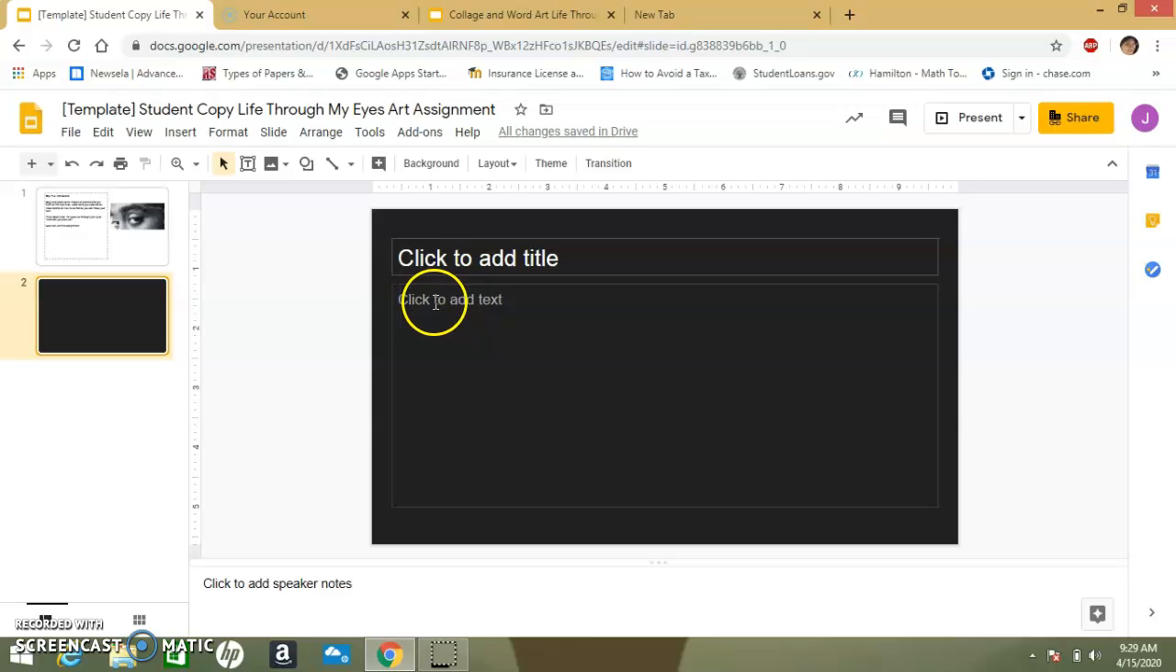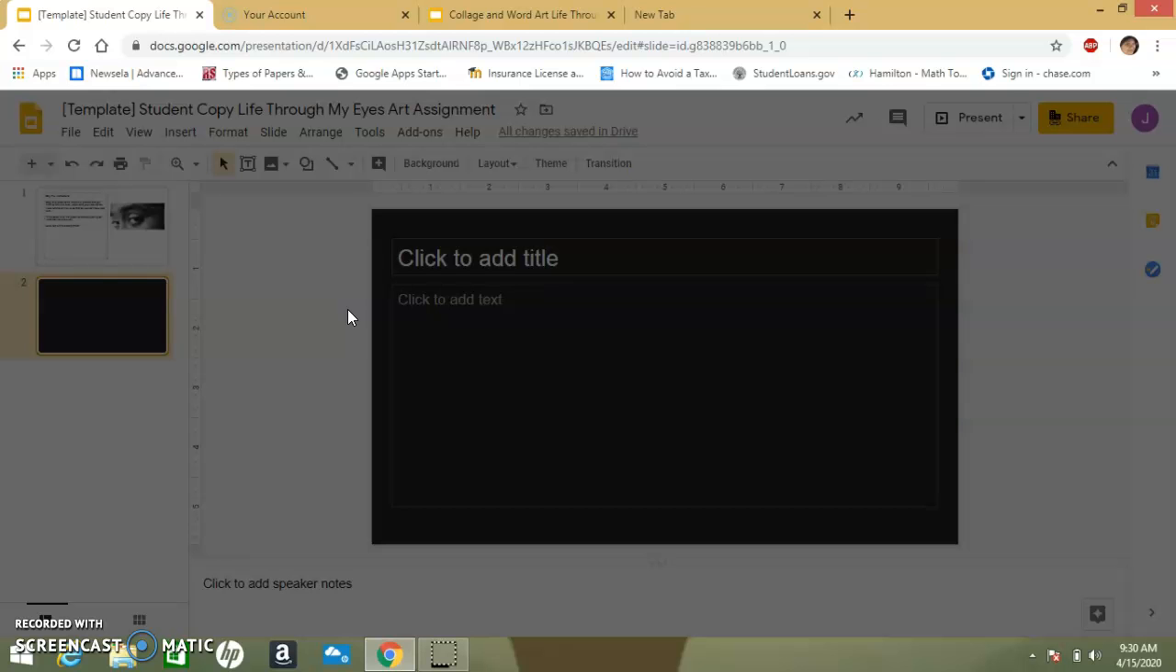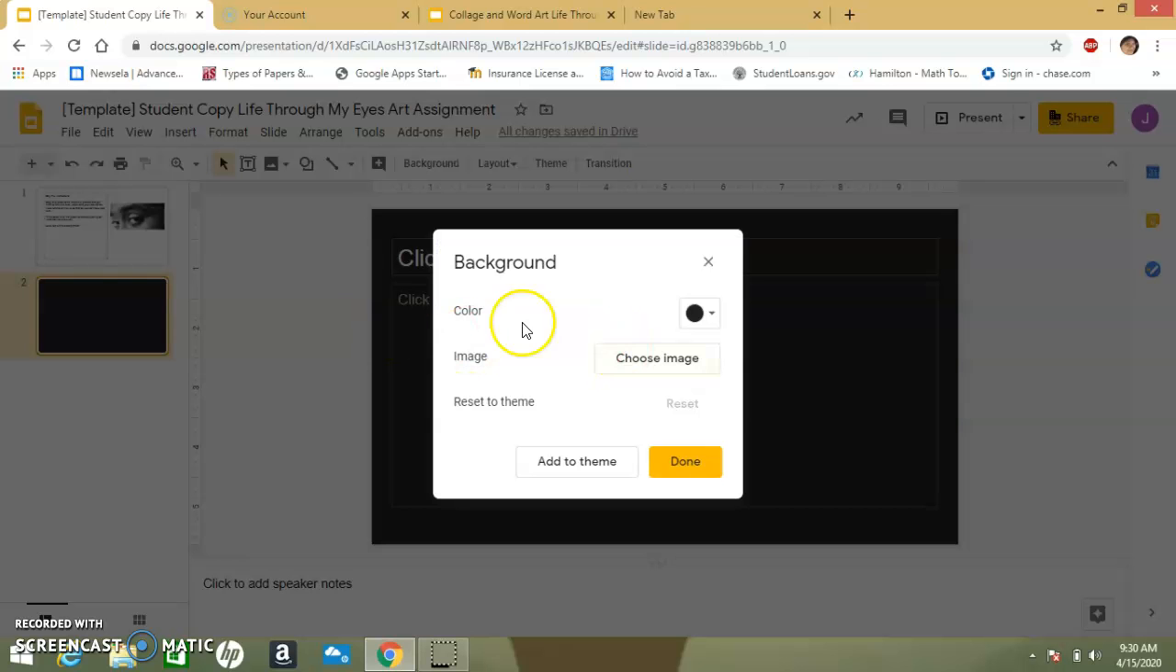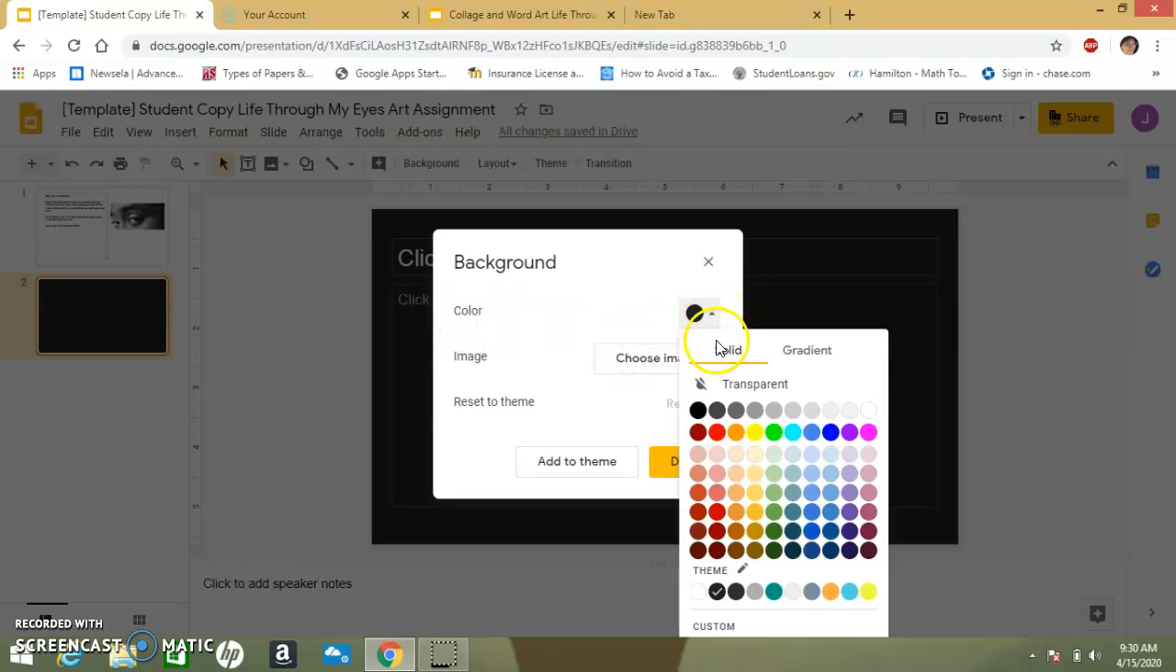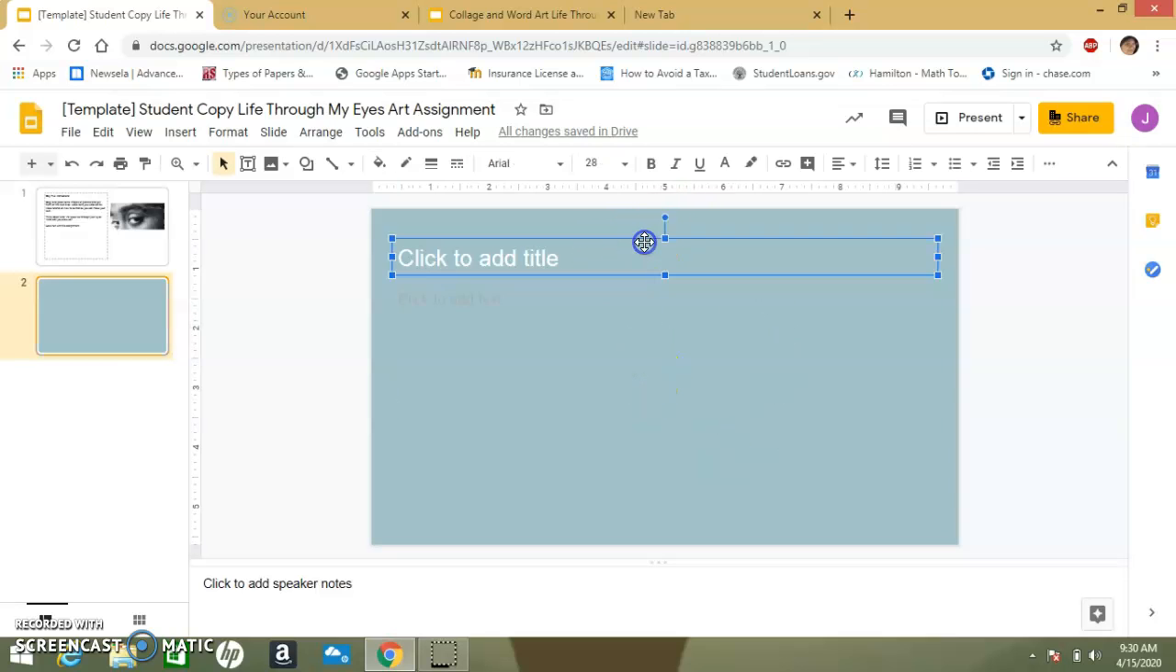What you can do is change the background. You can go to slide, and then where it says change background, click on it. It gives you several options of different colors. If you see the color black, click on the drop down, and it gives you all of these different colors. For right now, I just want to play around and use blue, this kind of blue. Click done. Okay, so I still have these two boxes right here, and I don't want to use them